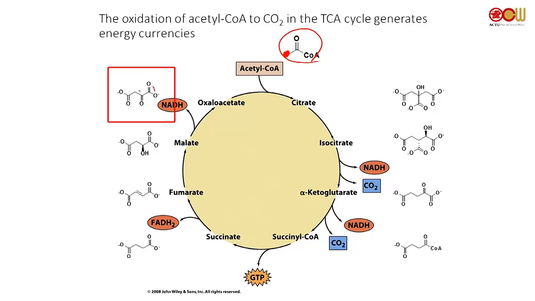You have 1, 2, 3, 4. Your acetyl-CoA alpha carbon forms a new carbon-carbon bond with which carbon on oxaloacetate? Carbon 2, because this one is a keto group. Okay? Acetyl-CoA is going to attach to carbon 2. And then you generate this thing called citrate. Okay? So, on citrate, which